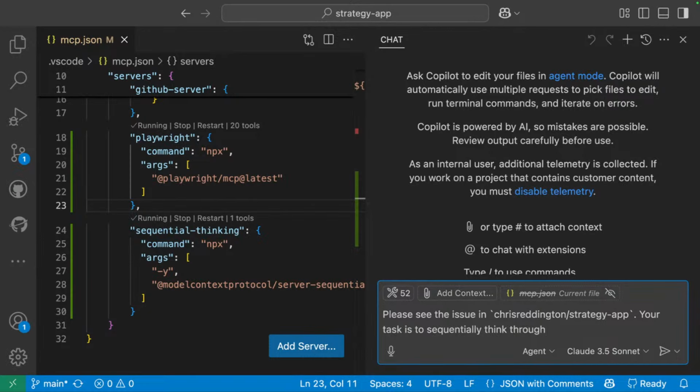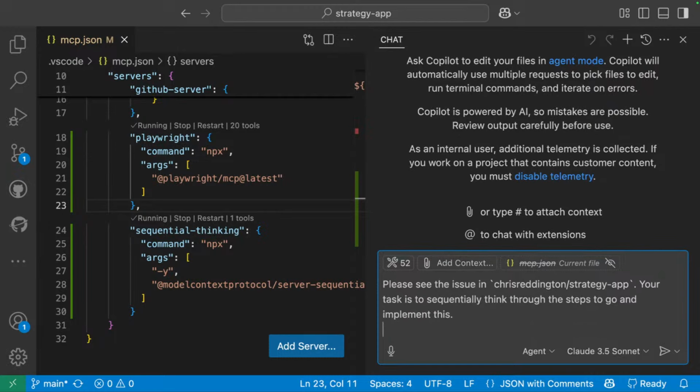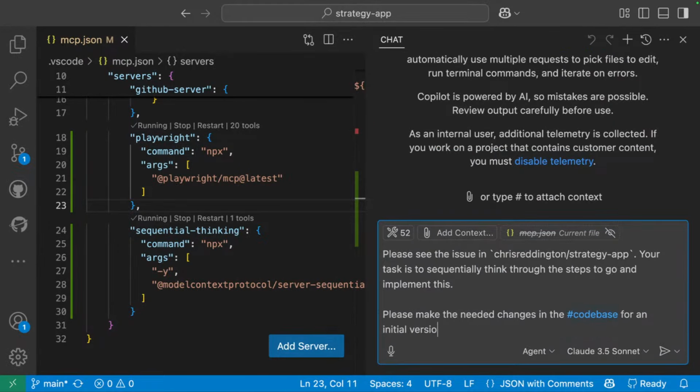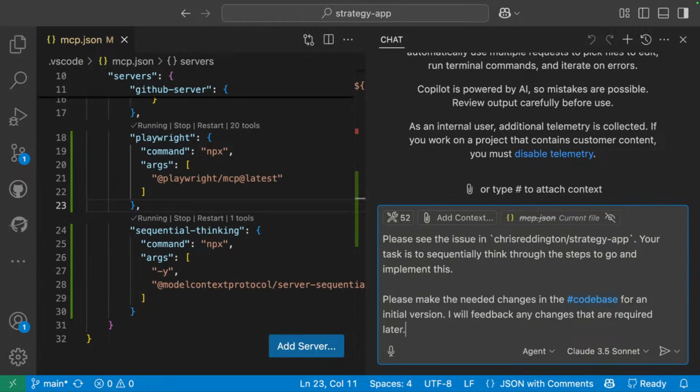Your task is to sequentially think through the steps to go and implement. Please make the needed changes in the code base for an initial version. I will feedback any changes that are required later. Let's try it.